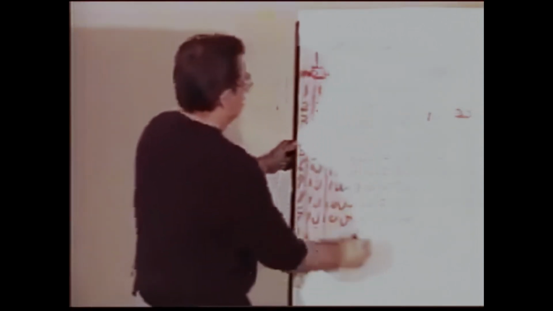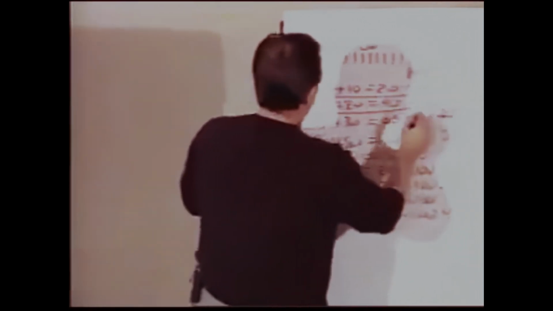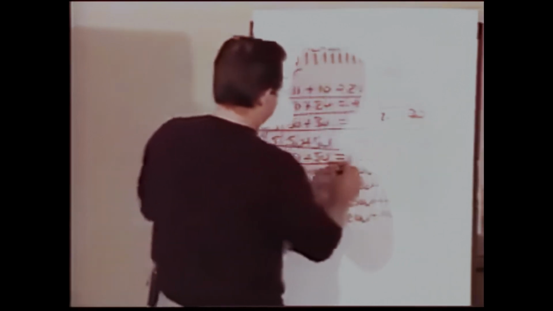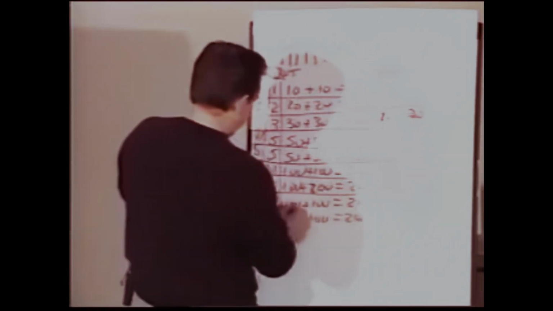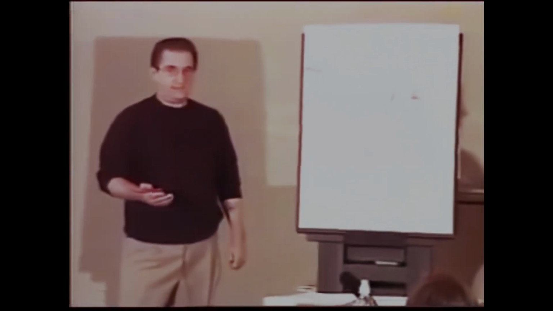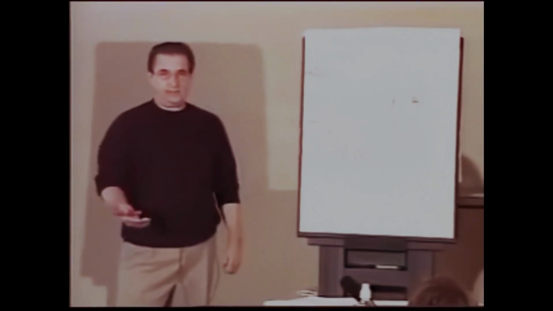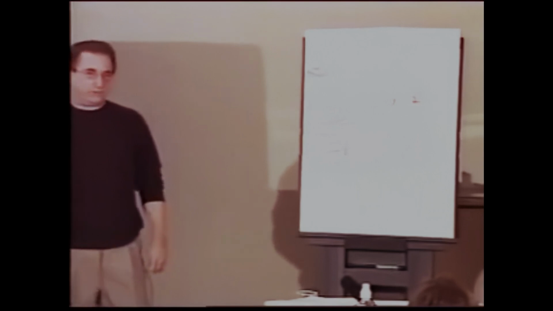You divide your available capital into 100 units, whatever it is. So let's say you've got $1,000 to gamble with. You're going to divide it up into 100 $10 units. You always start out with 1 unit, which would be $10 in this case. If you lose that unit, then the next hand you put down 1 unit again. And if you lose that unit, the next hand you put down 1 unit. So in 3 losing hands in a row, you've lost 3 units.